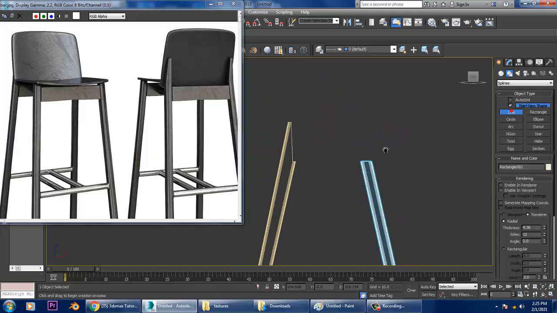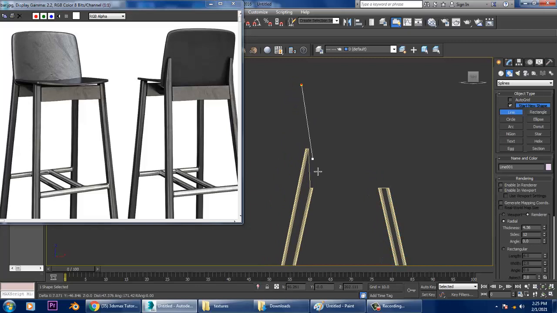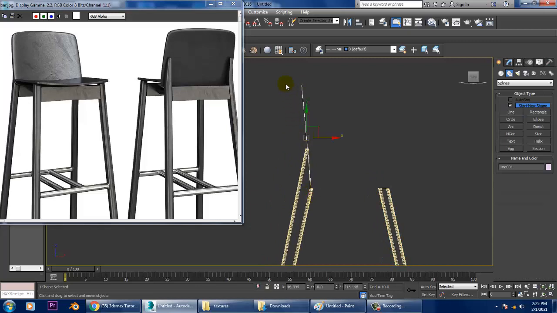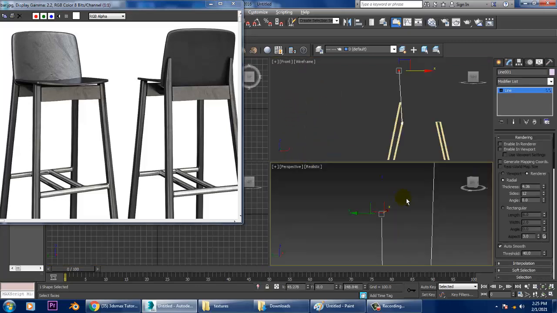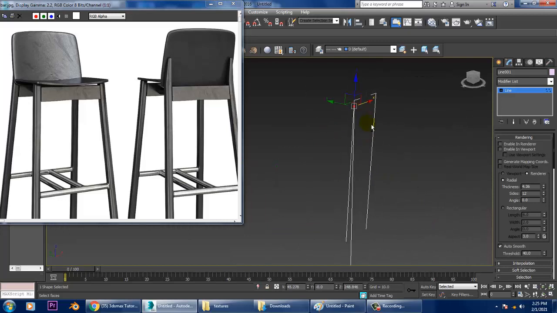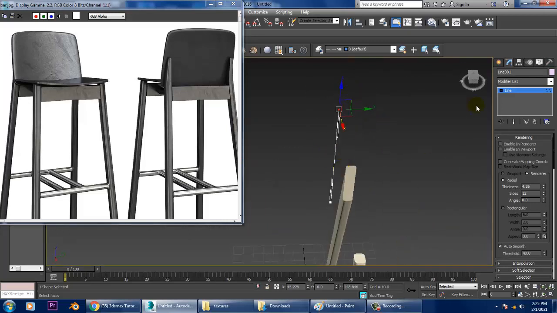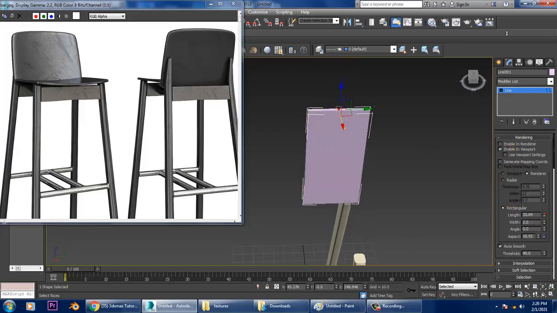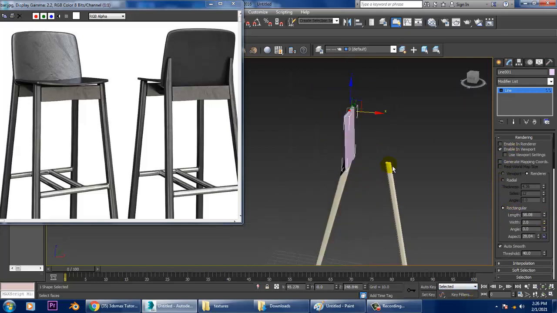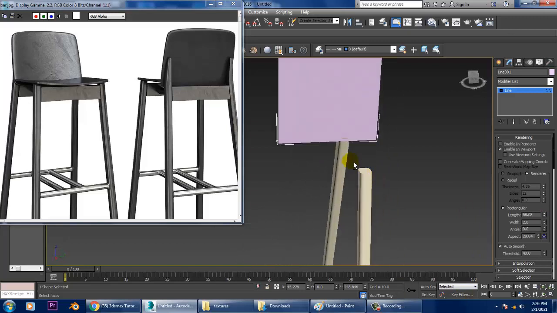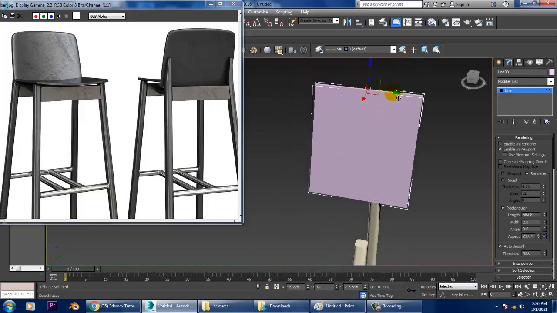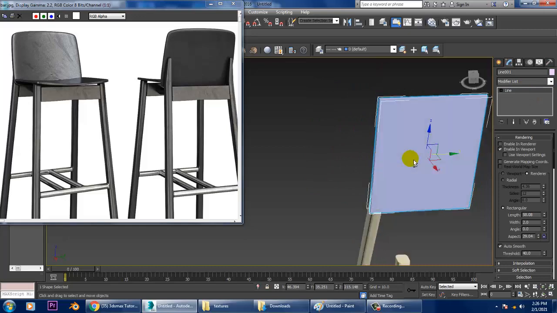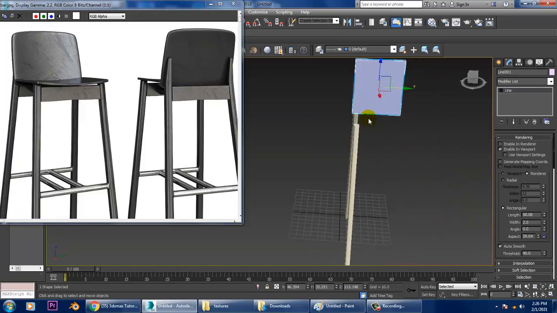Let's take a line over here, enable in viewport, and make it rectangular. Let's shift this till here in this way.